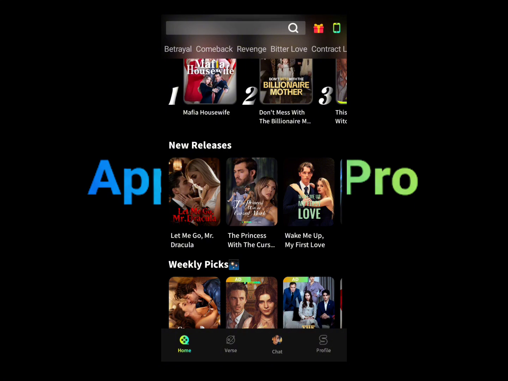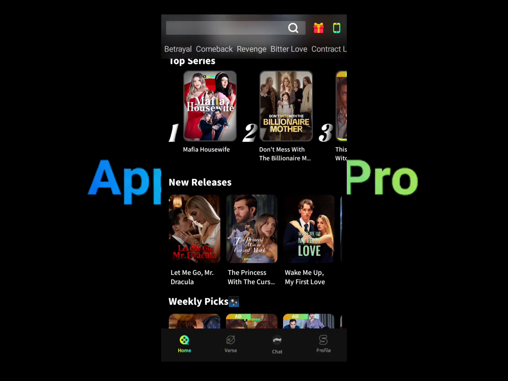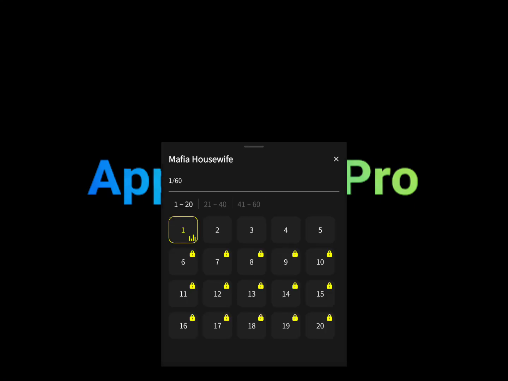And if you choose to watch any one of these, all you have to do is just tap on whichever one you want to watch. Let's say, for example, this one here. And it will pretty much load up. And once it's loaded, you'll be able to watch it. And as well, do make sure to tap on the list option here to be able to see all of